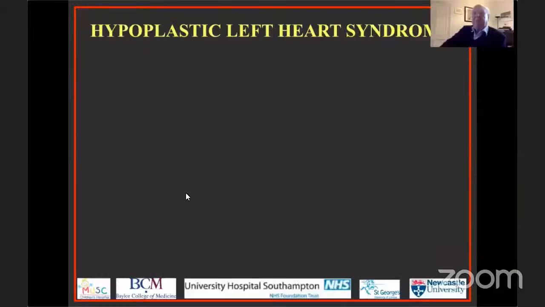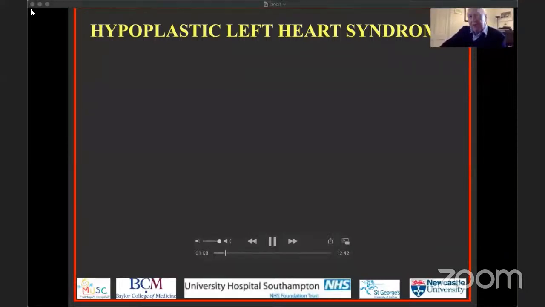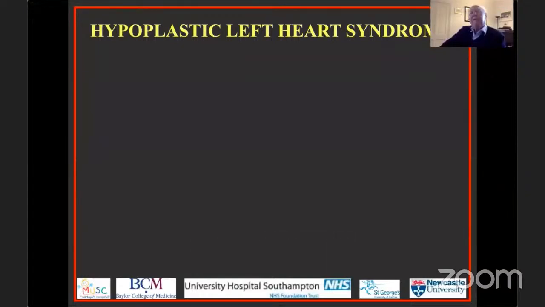Images that have been prepared by Diane. But today, she is going to be with us and she is going to share some of the specimens that she has in her archive, and she is going to show you the features of what we, as morphologists, recognize as hypoplastic left heart syndrome. But the situation has become a little bit contentious. So I'd like to start off with an introduction to the problems.